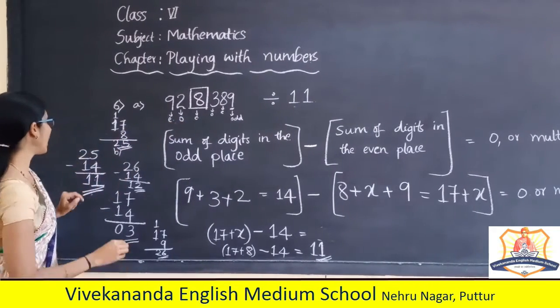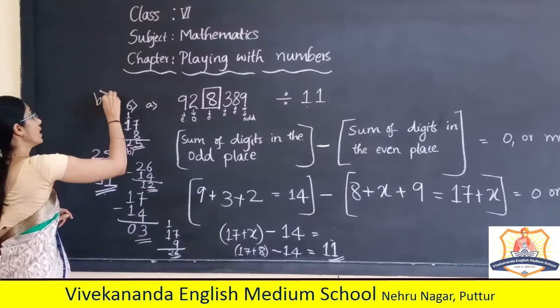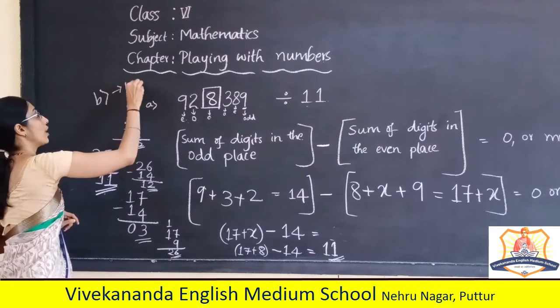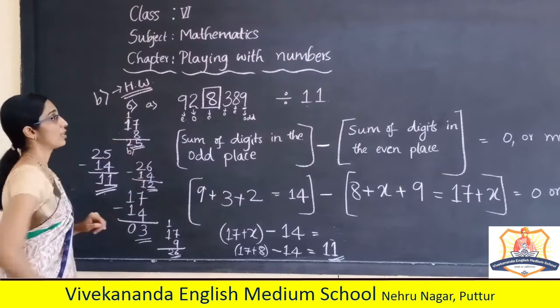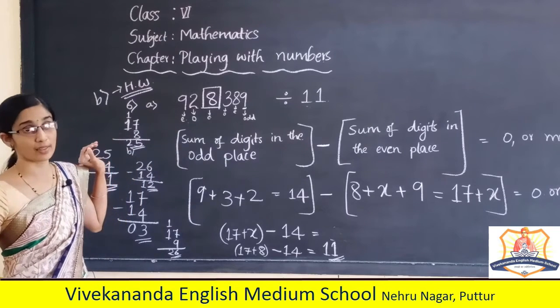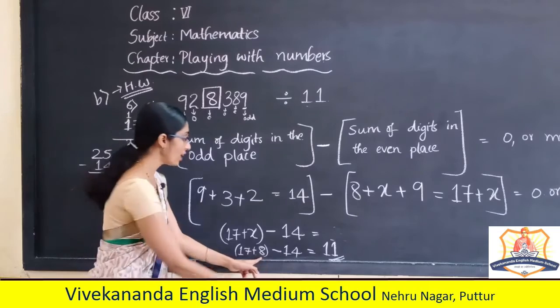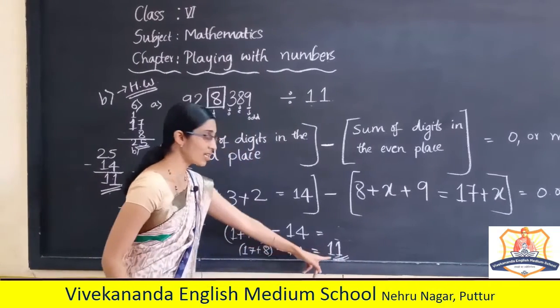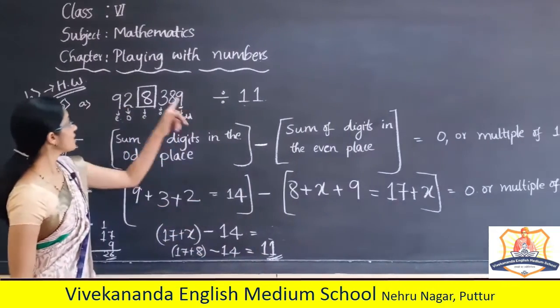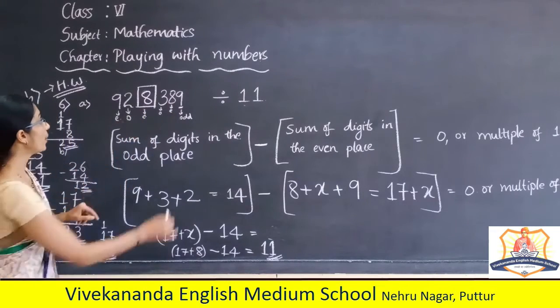So next, B they have given. B is homework for you. Try to do it by yourself, children, in the same way, same method. So here x is 8, so that we can get their difference as 11. Hence, the number is